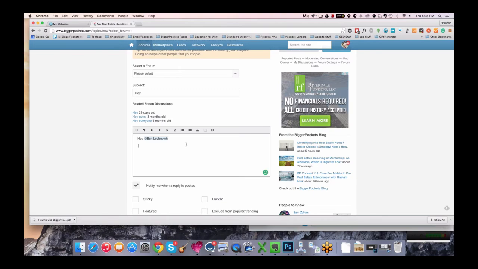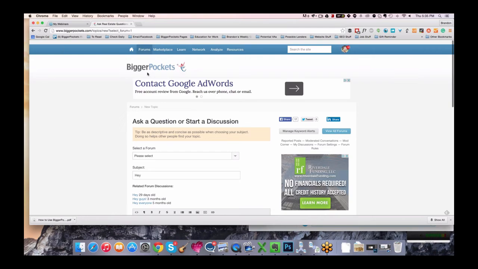If you tag anybody like that, they're going to get an email or a notification saying you just mentioned them. So go ahead and tag people. If you want somebody to answer a question, if you're colleagues with them, tag them. You can also tag anybody that's been in the thread already. That's kind of a cool feature.